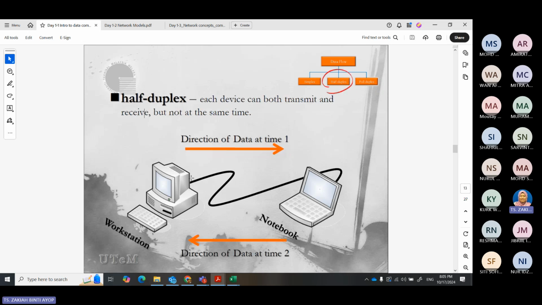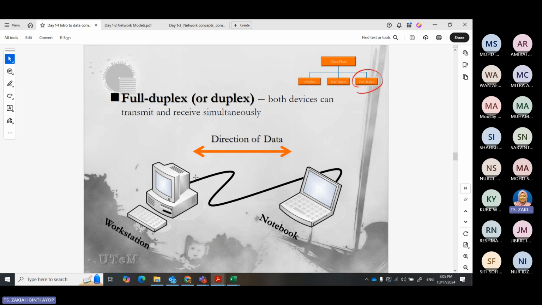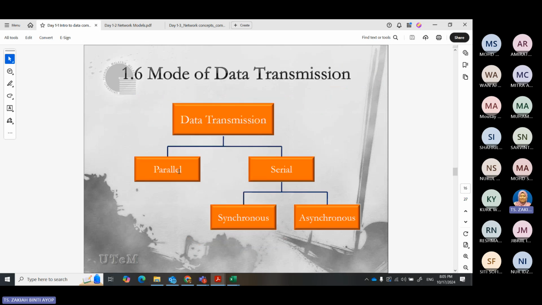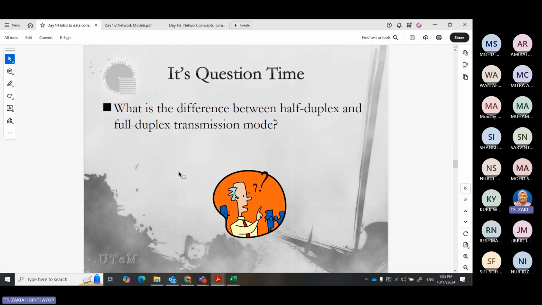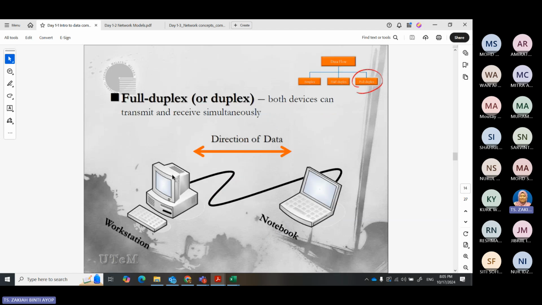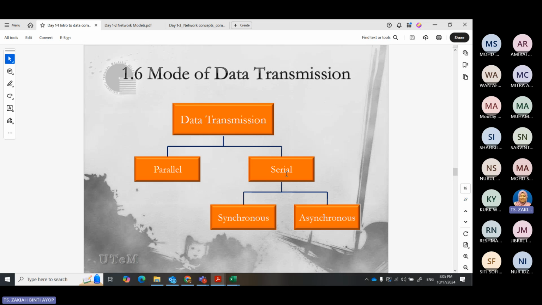So what's the difference between half duplex and full duplex? You can understand it based on the direction of data. So that is the data flow.